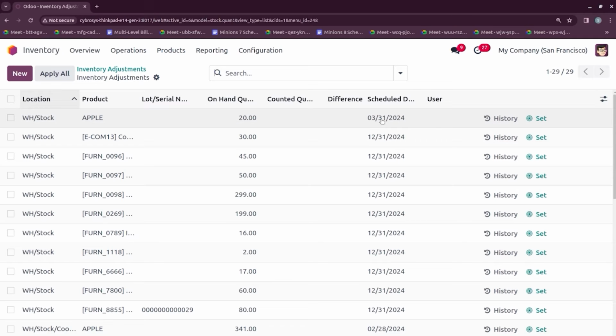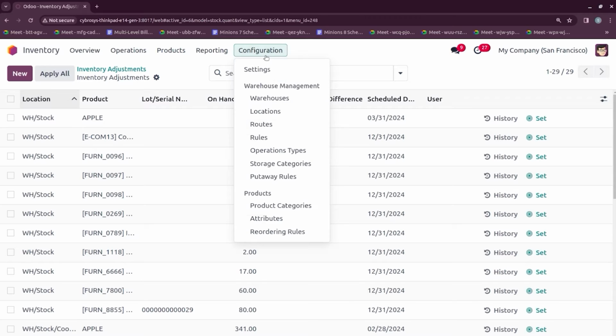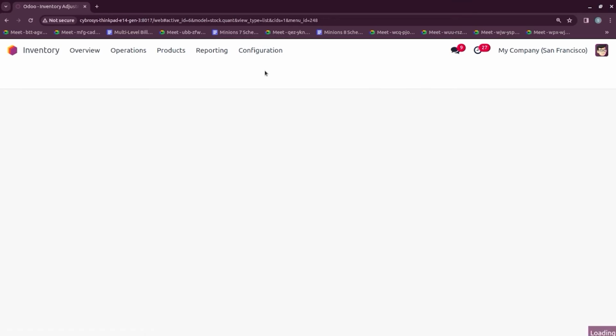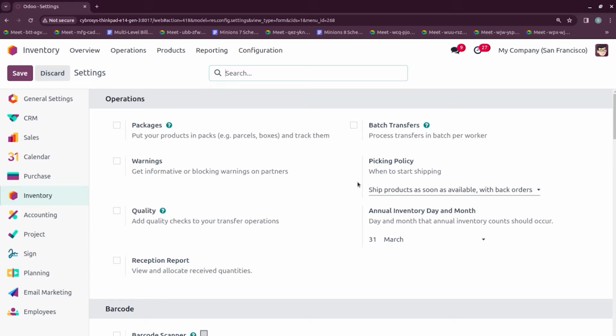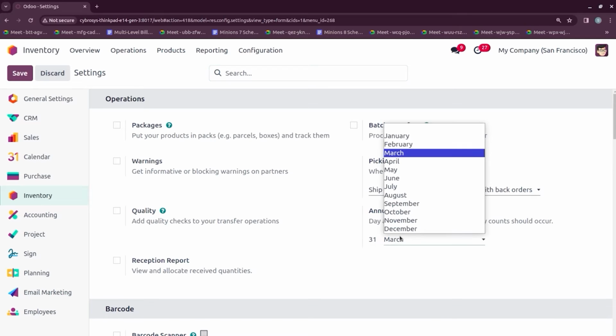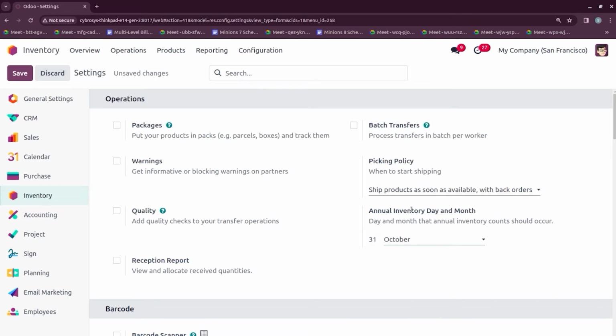Here we can see the schedule date is added, which means the next annual inventory count date. It is also possible to change the annual inventory count date from the settings. Here we can see an annual inventory day and month. By adding a date, here I am adding the date as October 1st, so October 1st is added as the annual inventory day. After changing this,